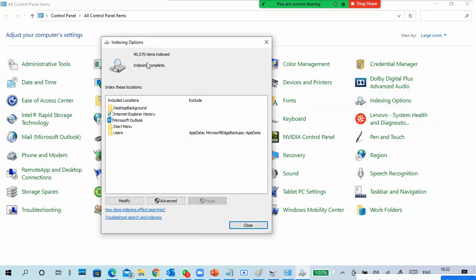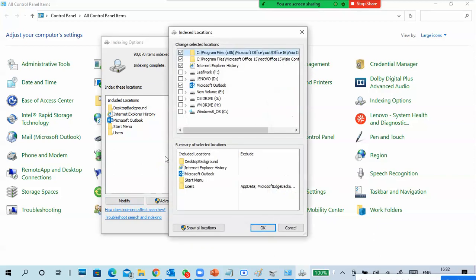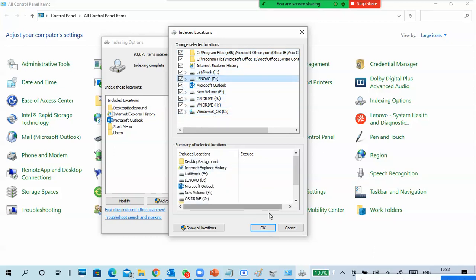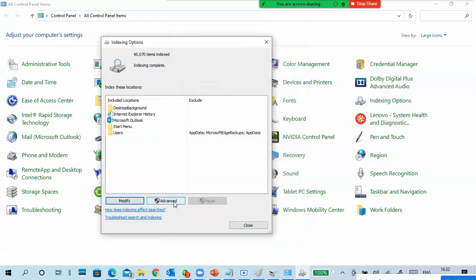Here it is: how many file items are indexed. Those kinds of items we can easily search. We can modify what kind of files should be indexed and which drives should be indexed, and so on. And there is Advanced.